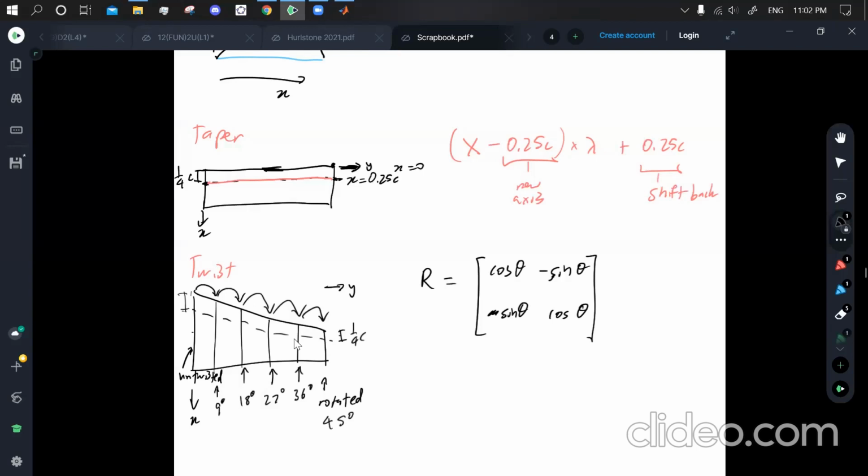When you're rotating about this axis, if you just directly multiply it, then it'll rotate about the leading edge, because that's where the x-axis goes from. I forgot where it actually goes from. I think it might go from,